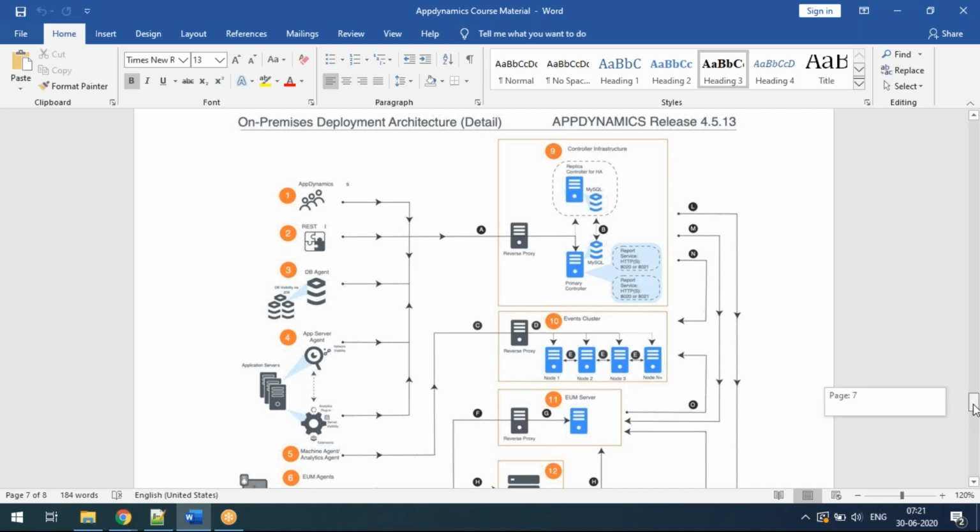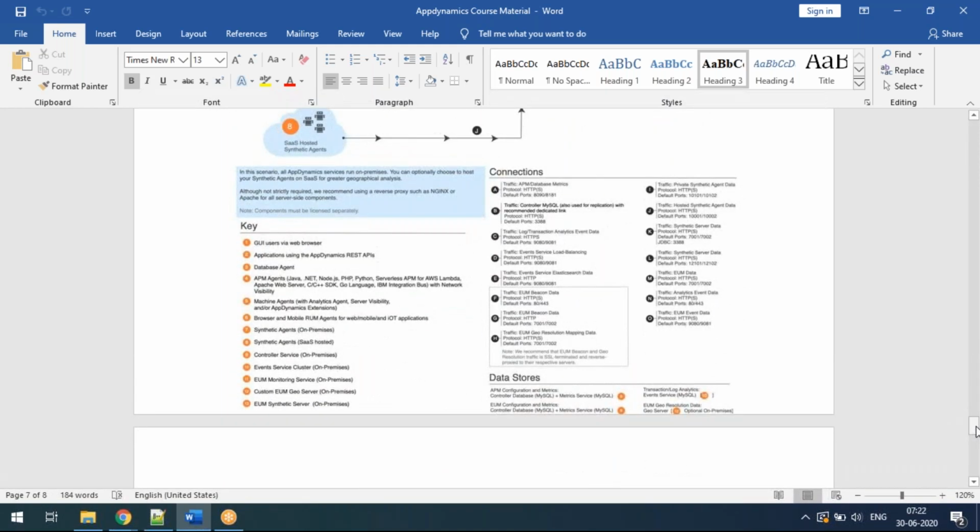When you are installing it, it will ask you which port you want to use for the connection, and in the controller installation it will ask which event services you are connecting to. It will ask you for the URL, which is nothing but the host name, and the port, and it will establish the connection.